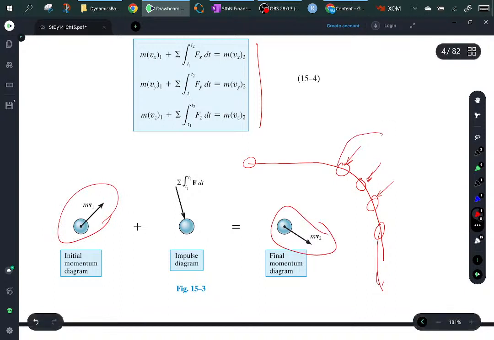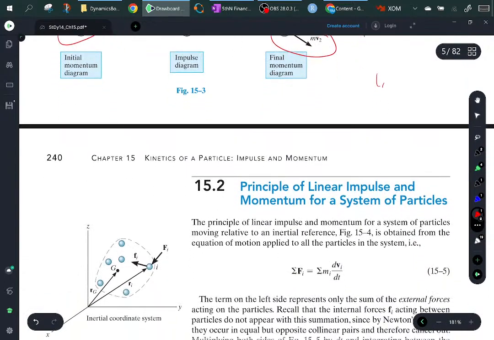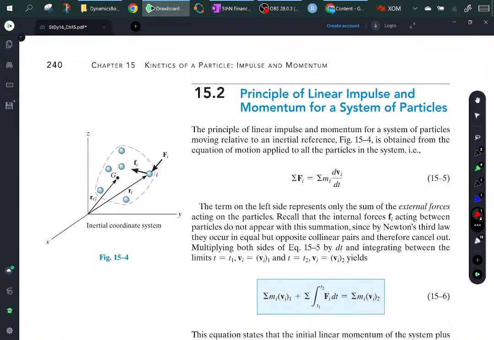Now, I've shown it to be such that it happens over a small time, but as you'll see not too long from now, you can have one marble hitting the other, and the path might look like that. So you can have a pretty large impact here that turns the marble, the ball, the pool ball, whatever. So it doesn't have to be occurring over a short period of time. Okay, so